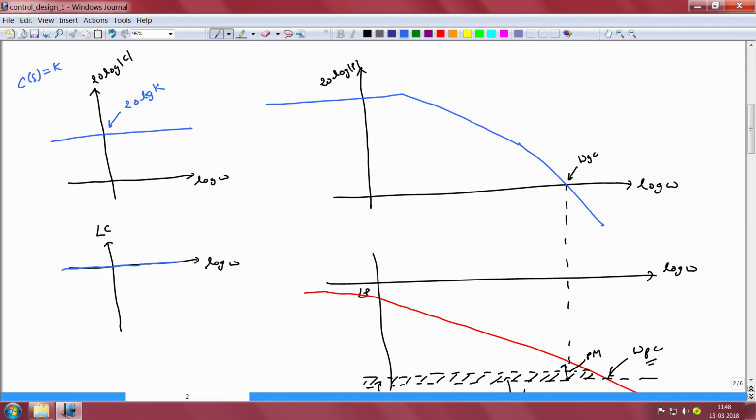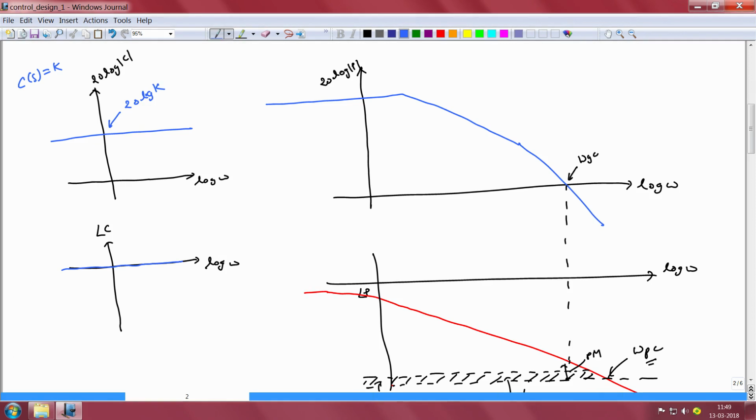Now how would this change the Bode plot of our open loop system? So we have the open loop system to be a cascade of the controller's transfer function and the plant transfer function. The Bode plot of the plant transfer function has already been indicated on the right. So we just need to add these two to understand how the plant transfer function would appear. So we would notice that the phase plot would remain unchanged, because at all frequencies the phase of the controller will be equal to 0. So the phase of C times P will simply be equal to the phase of P itself,